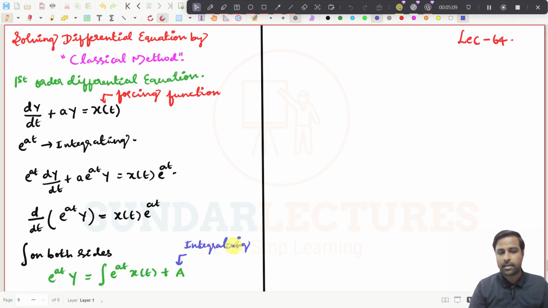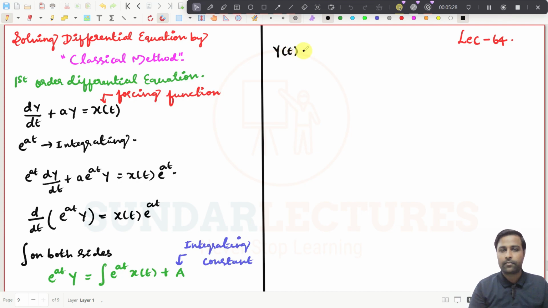Integrating constant. Why is this integrating constant coming? Because I'm just going to integrate without limits. That is the only reason this integrating constant is coming to us, right? So next step, what we are going to do, we can write this as